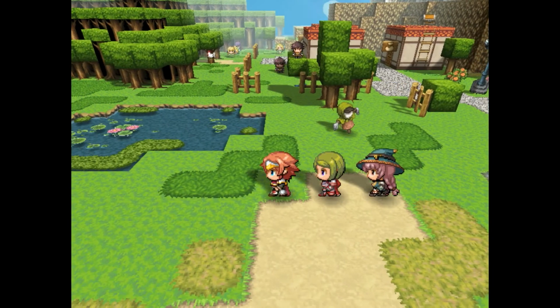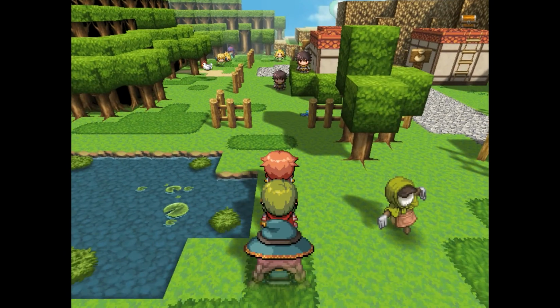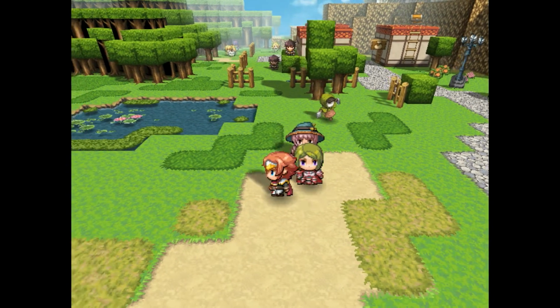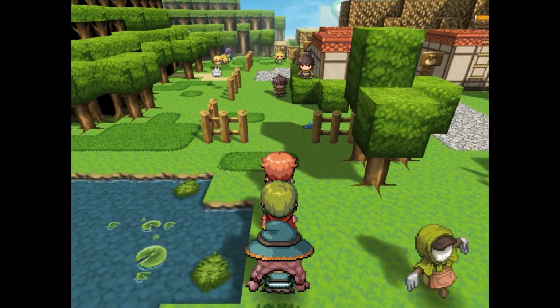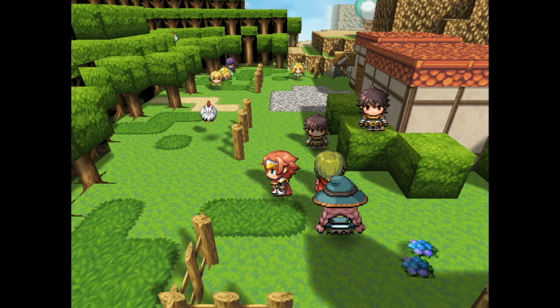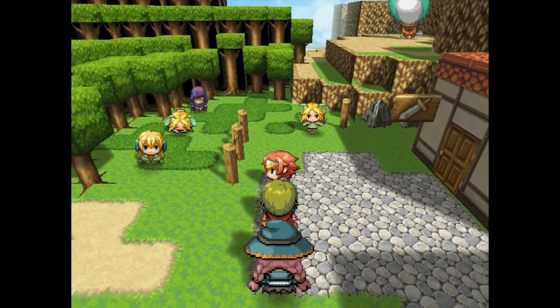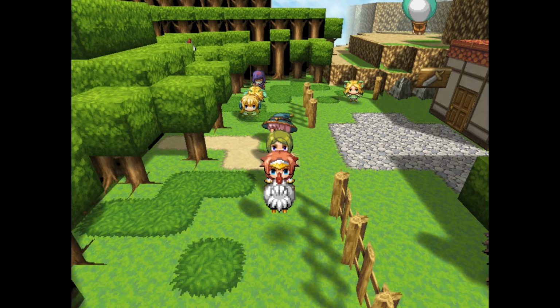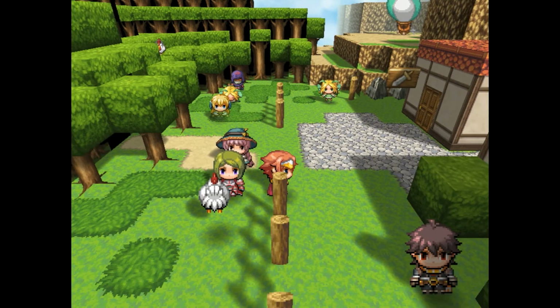The reason that this is my favorite RPG Maker MV plugin should be pretty obvious. This completely changes the way that you would use the RPG Maker MV engine, and it completely changes the way that you would play a game made in RPG Maker. If it weren't for these default assets being used, you would not be able to tell that this was an RPG Maker game. And this is the only singular plugin, I guess it's technically 2 or 3 plugins, that can